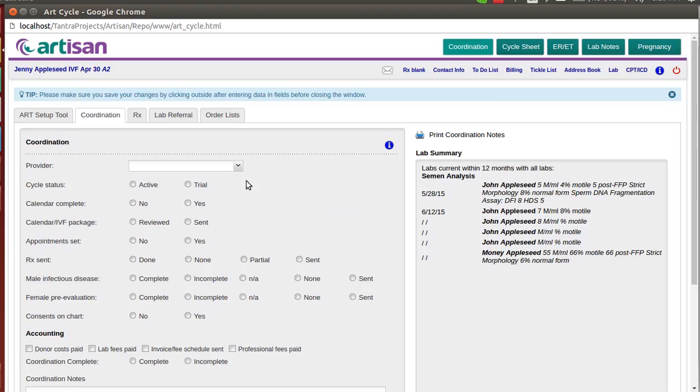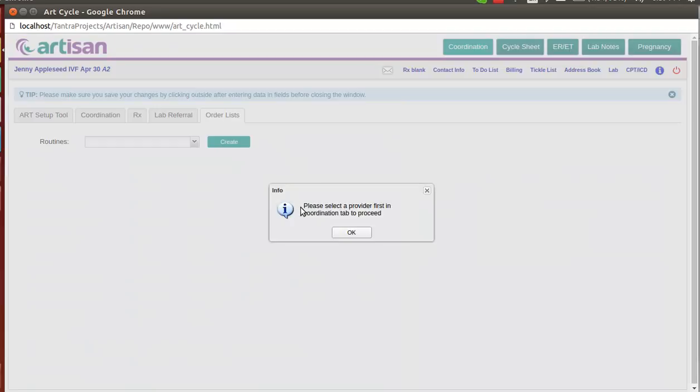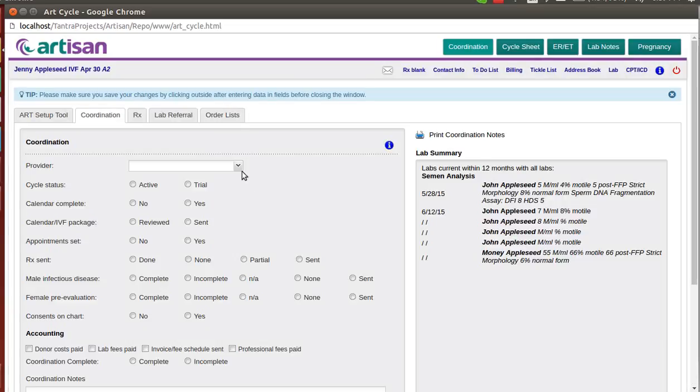Okay, here there is no provider. If you directly go to the order list, it will show a message: please select a provider first in coordination tab to proceed. So if you select a provider,